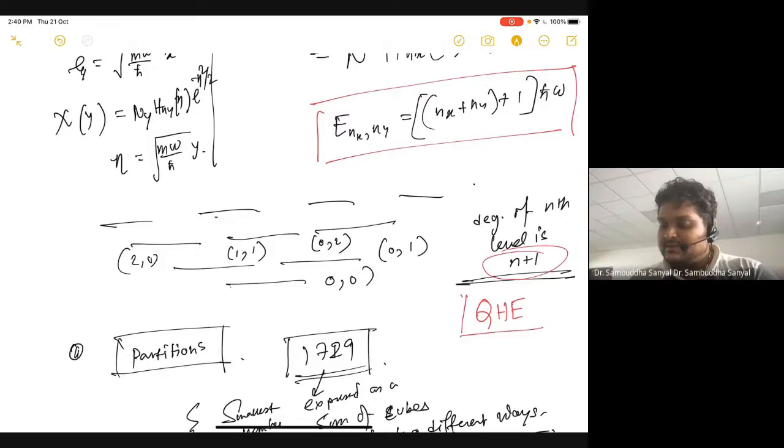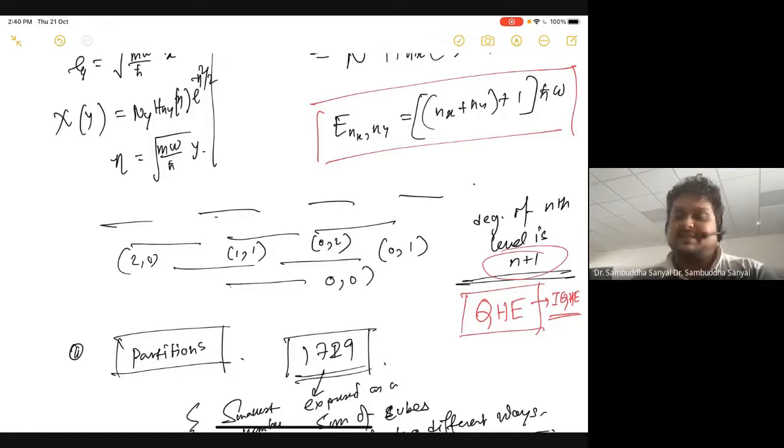So there were two Nobel Prizes on these. One is 1985 and 1998. 98 was the fractional quantum Hall effect, 84 was the integer quantum Hall effect. And the integer quantum Hall effect can be understood from this problem. It turns out that such a system can have some non-trivial topology, and also the degeneracy leads to very interesting physics in that system.